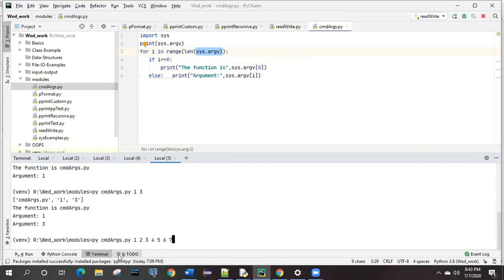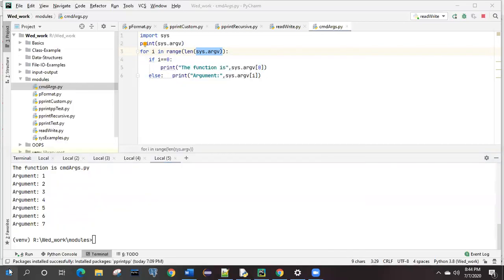So whatever number of values you pass from here will be taken as the length, and for that number of times your for loop is going to be executed. Clear? If you are passing this many values, the same will be calculated as the length. You can see now it is not specifically fixed that you can give only one value or only two values. Correct? The same thing.